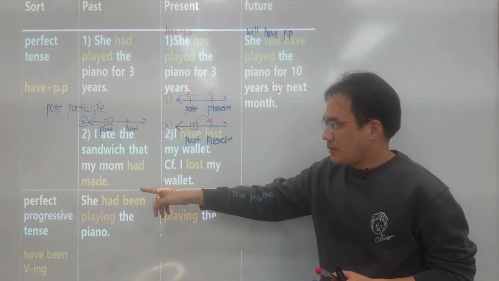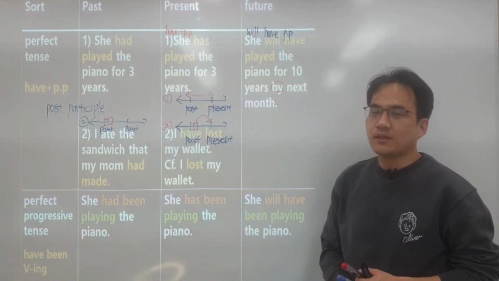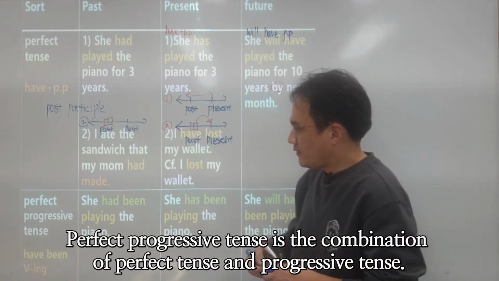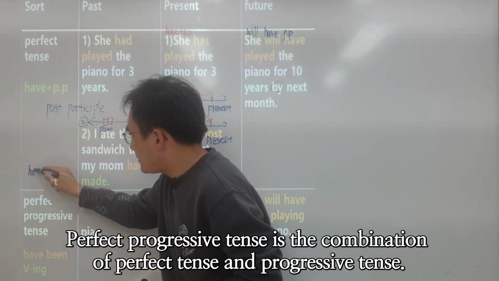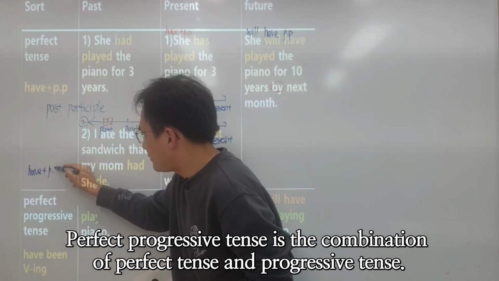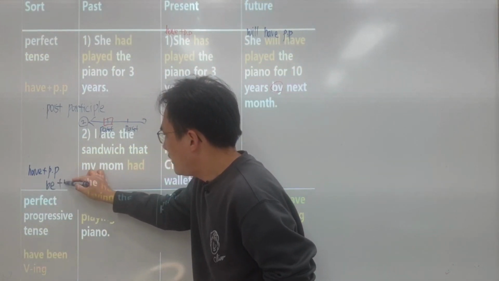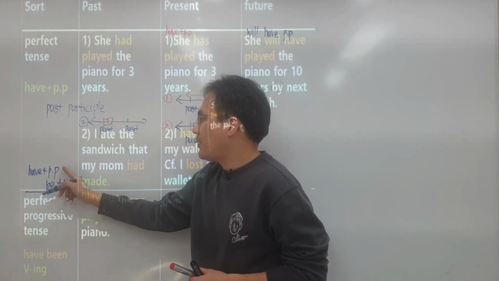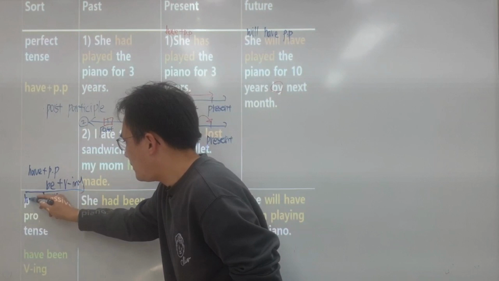And let's take a look at perfect progressive tense. Perfect progressive tense is a combination of perfect tense and progressive tense. What is the perfect tense? Perfect tense is have plus PP. Progressive tense is a be verb plus verb ing. What is the past participle of be verb? It's been. So have been